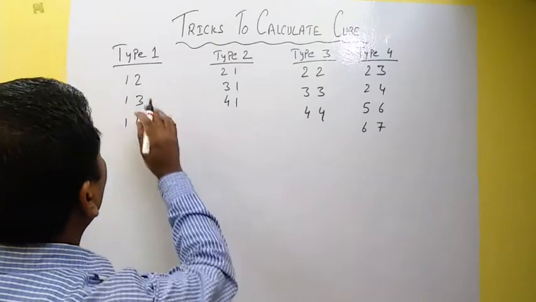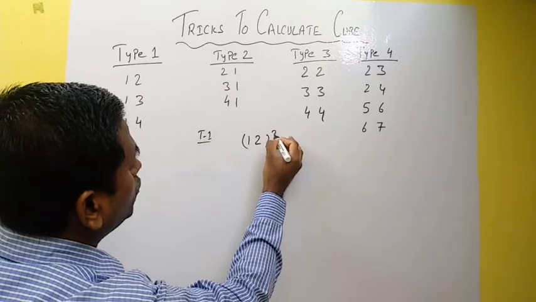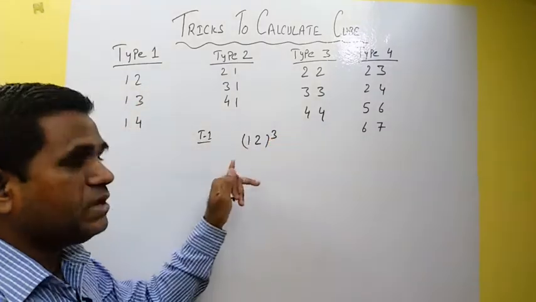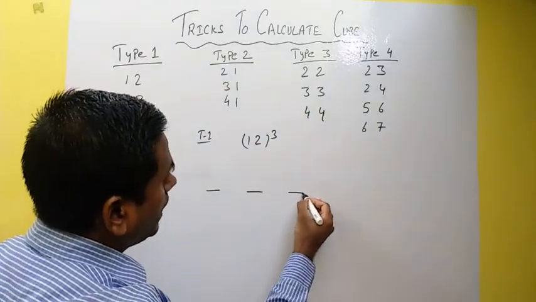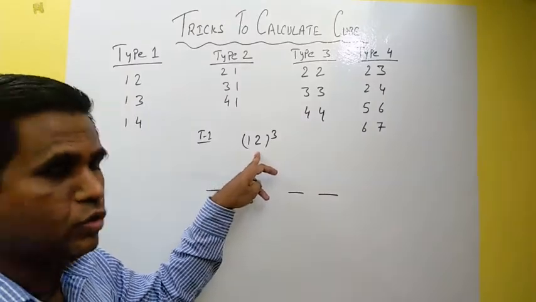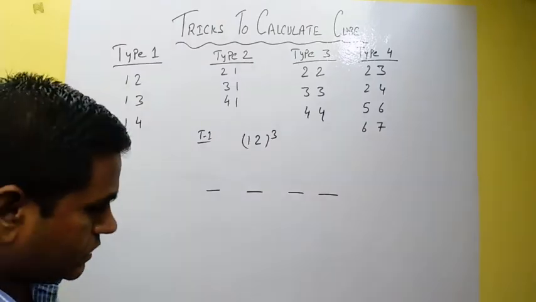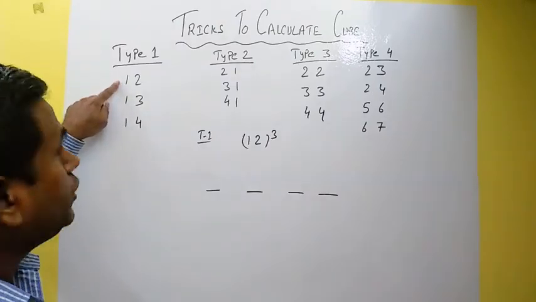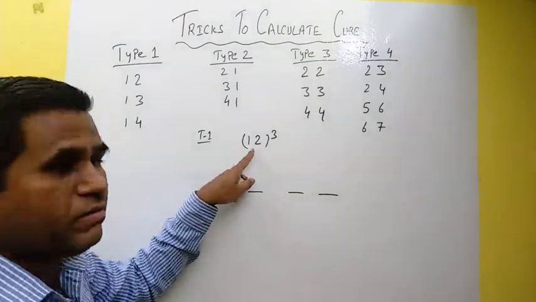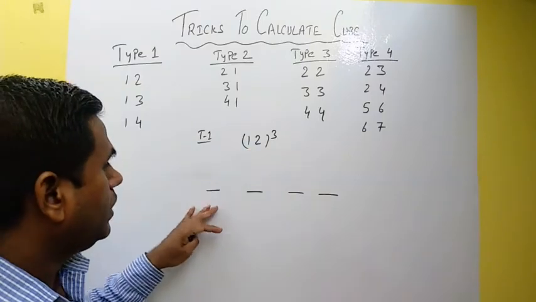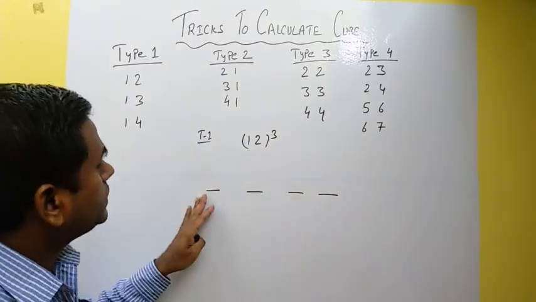So now type 1 we will solve, T1. 12 cube I am going to calculate. So in type 1, what do we do for each of these? We have to write the cube in a 4-digit form here, like this. Since we discussed that in type 1 the numbers start with 1, wherever the 1 is, we will start putting these values from that side. You can see the number 1 is on the left side, so we will start from the left side.